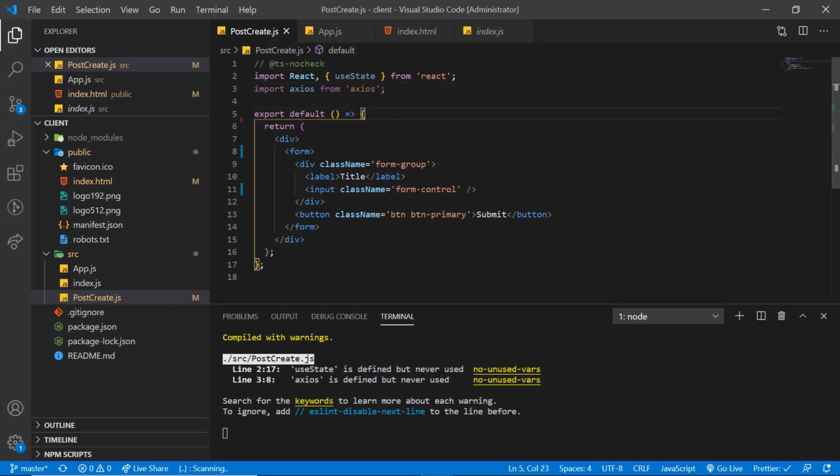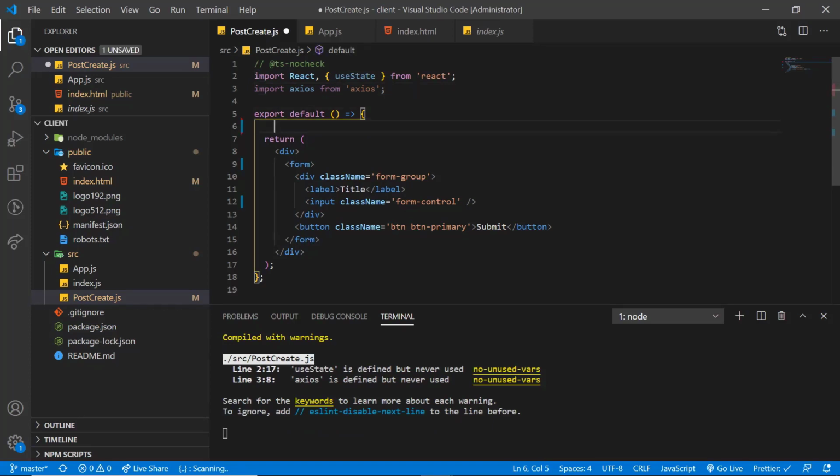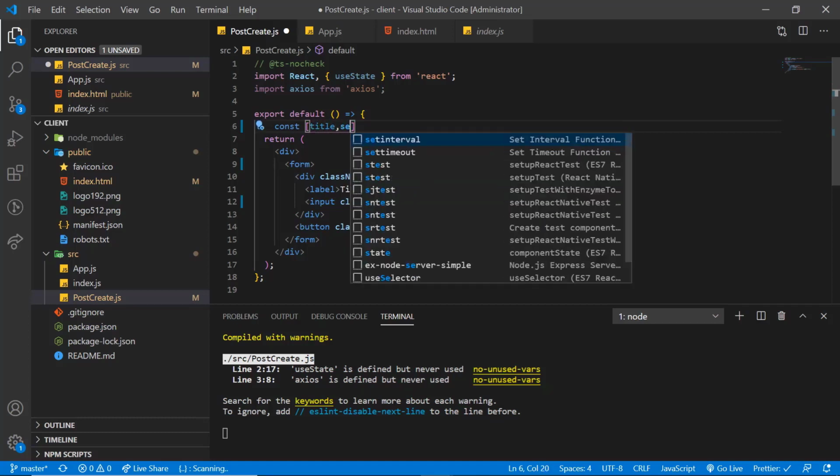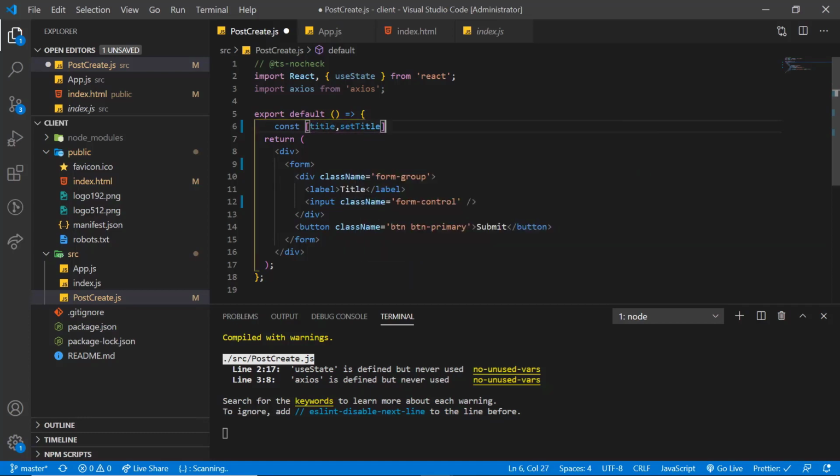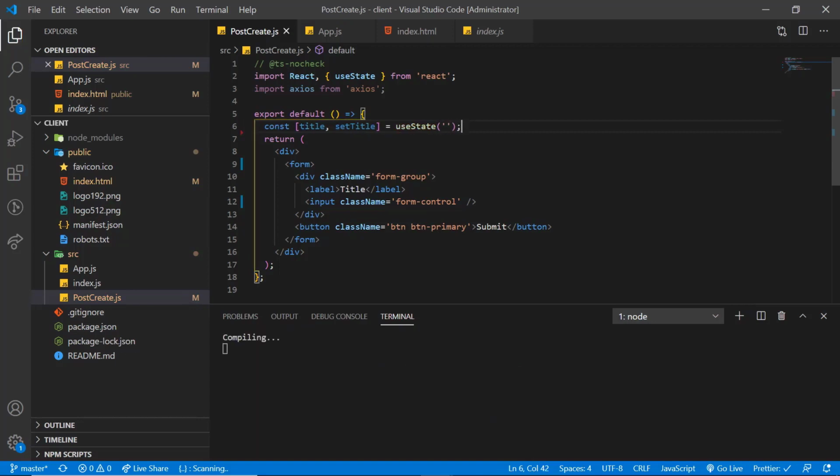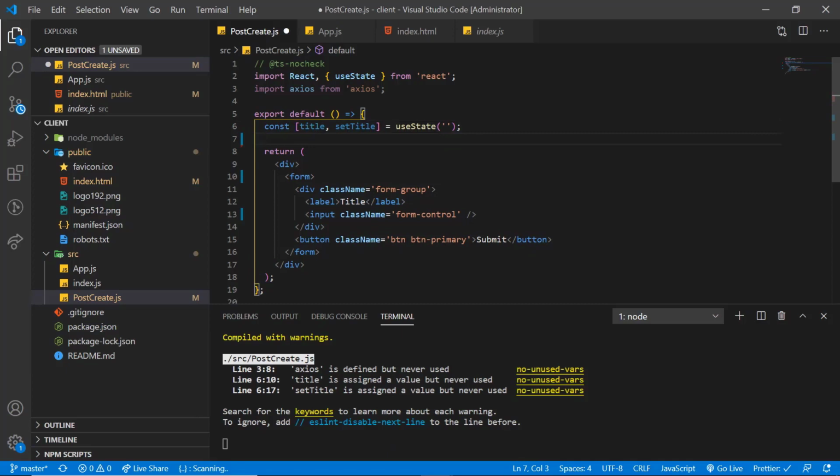Now inside this component, I am going to declare a new piece of state using use state. Initially, the value of title and set title is empty.